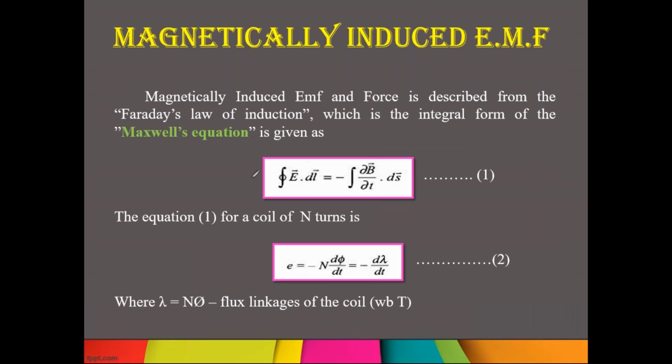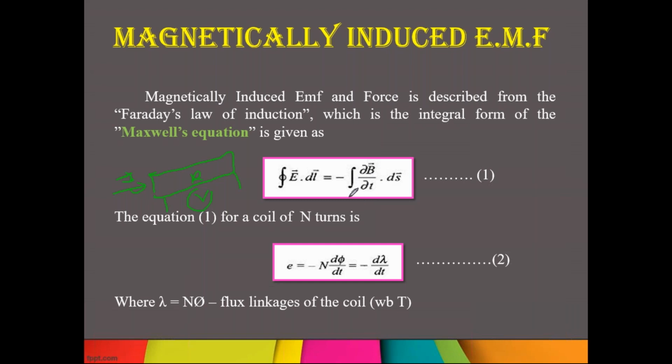Why I am indicating this: suppose let's consider it is a conductor, and when current is injected through the conductor, the flux will be increased. Let's consider it has a resistance R. When the current flows through R, a voltage drop will occur, that is called induced EMF. This value depends on the length of the conductor, and it has magnitude and direction. Direction means based on the current direction you will get positive or negative. So it depends on the direction of flow. That's why I am indicating E bar into dl bar.